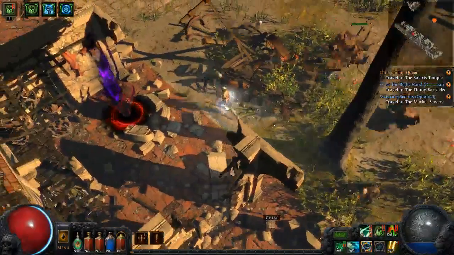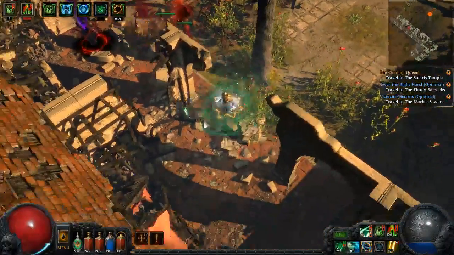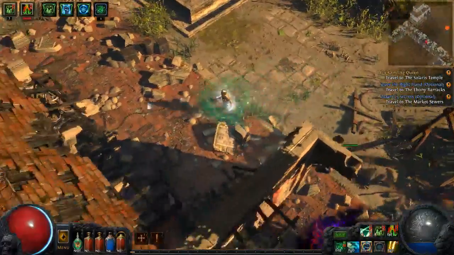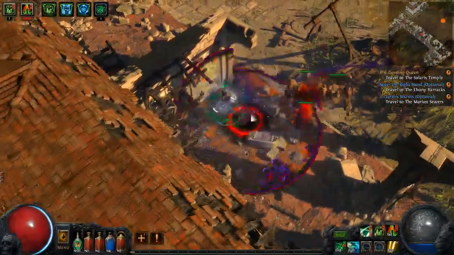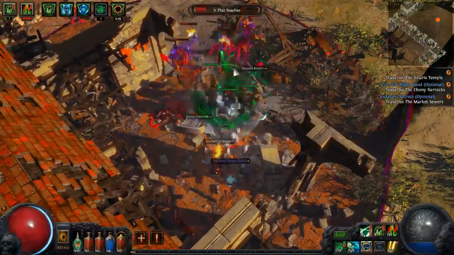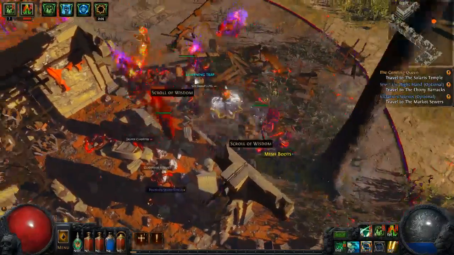Oh, this is a terrible spot for the breach. It's up against this little cubby hole here. Just clean out the rest of the trash around here. Alright. We'll give it a whirl. Let's see what happens. We haven't done a breach in a while, so... Our chaos damage was...